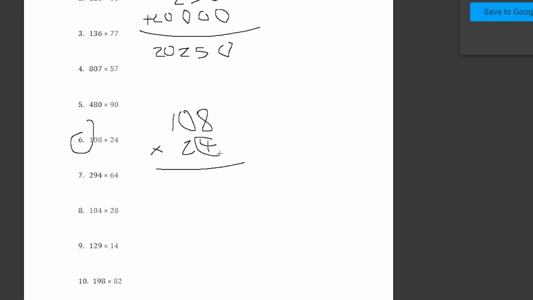We start from the 4 again, and 4 times 8 is 32. Now we can do 4 times 0, which is 0, and add the 3, so it becomes 3. And now we do 4 times 1, which is 4. Now we're going to put a 0 here as a placeholder, and start from this 2 now. So 2 times 8 is 16, so we're going to put the 6 here, and carry over the 1. Now 2 times 0 is 0, but we add the 1, so it's 1 here. And now we have 2 times 1 is 2. So for this, our answer is